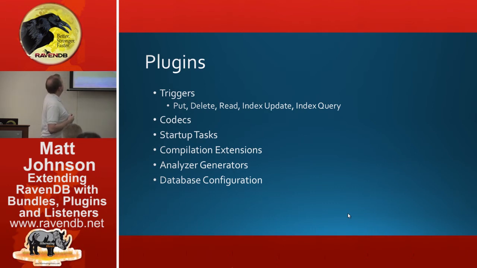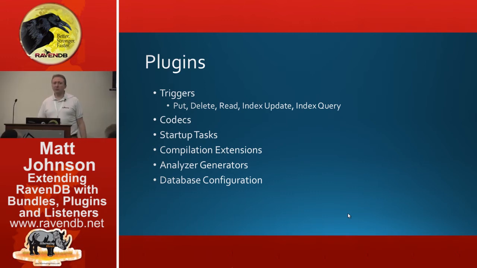The other thing you can do is codecs. So these are used primarily for things like encryption and compression. In fact, the built-in compression, basically all the built-in bundles use all of these types of plugins. So if you're wondering how any of the existing features are implemented, or you're trying to do something similar but slightly different, you can look at the current implementation and start with that. I just urge you to test